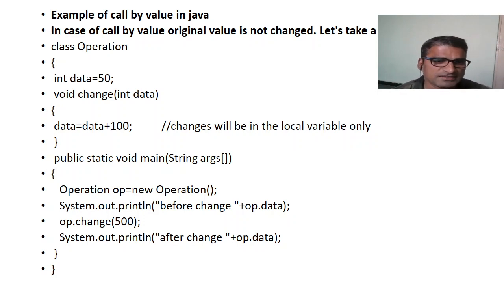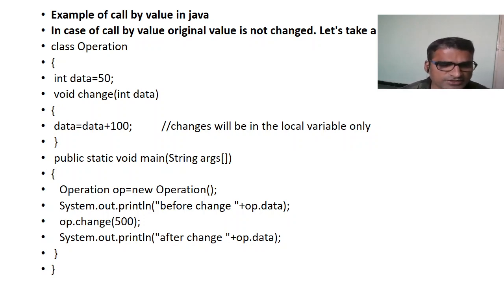Immediately after defining the method, I'm going to add the initial data value with 100. But if you remember, I have initialized the 50 data value to the class object, but I'm modifying the data value for the local object. The local object is the object which is defined inside the body of a method, so that doesn't make any changes to the class objects.